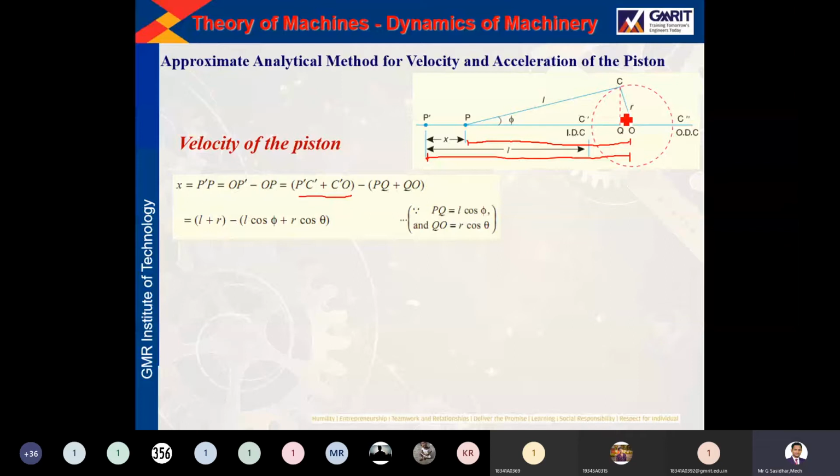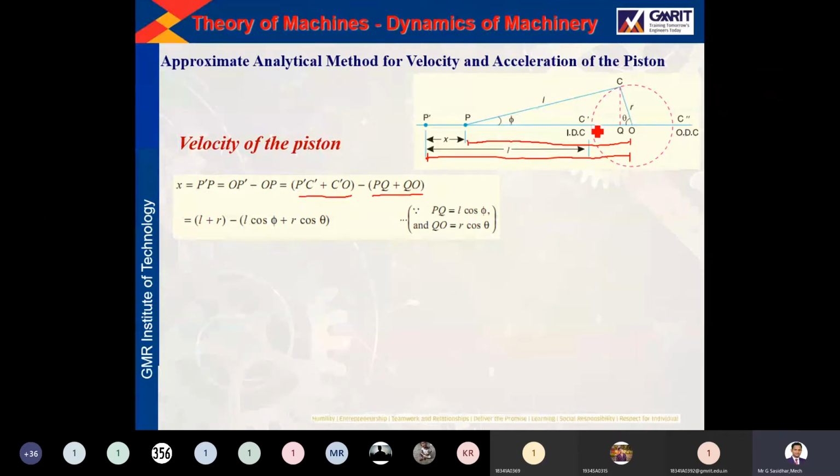Again they have written it like this. Draw a perpendicular line from point C onto line PO. That point is Q. Now I can write PO is nothing but PQ plus OQ. They are just changing the terms only, nothing more. There is no difficulty. If you know the diagram concept clearly, you can write this easily. So I have now divided the distance x in terms of variables. PP dash is OP dash minus OP. Again OP dash I have written in two parts.